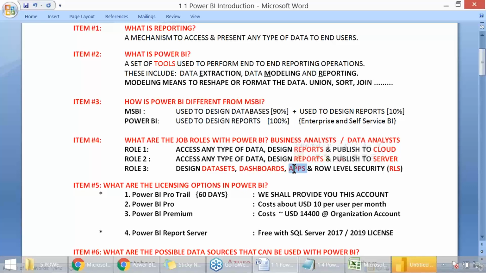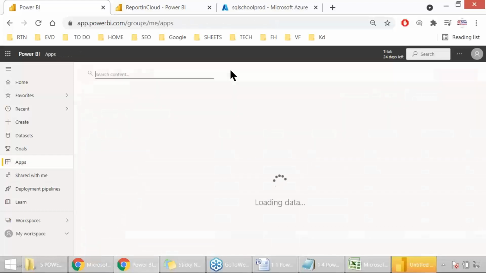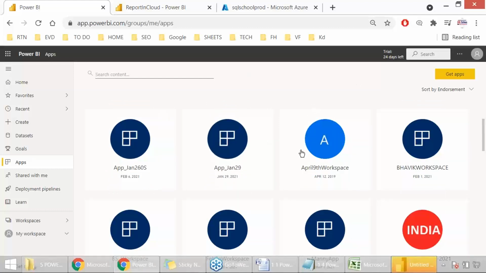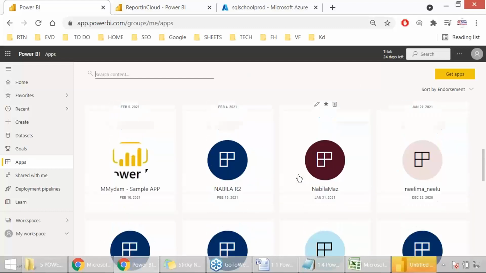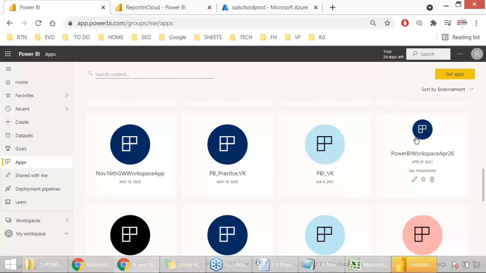That is the delivery parcel. App includes reports and dashboards. Recipes and platter, something like that. For easy understanding, what does app include here? The app includes reports and dashboards packed together carefully for easy, secured, and immediate access for the end users. You would be having access to the Power BI cloud. A 60 days trial account will be provided, and you take any app of your choice. For example, something like this.